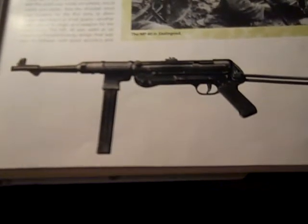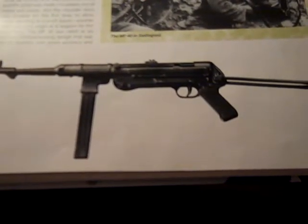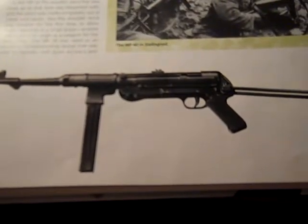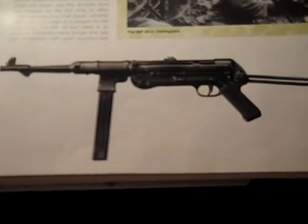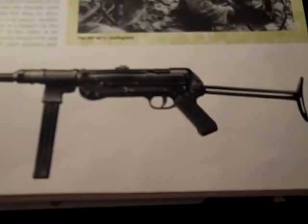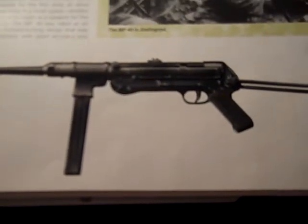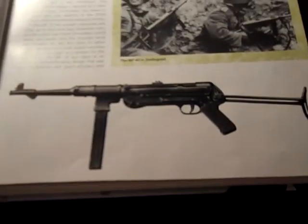Since the metal parts of the MP38 were machined, the manufacturing costs were extremely high. From 1940 onward, a version, therefore, appeared that was manufactured using sheet metal pressing technology, the MP40. This model was also meant to remove the weak points of the MP38, but in this it was not altogether successful. Nevertheless,